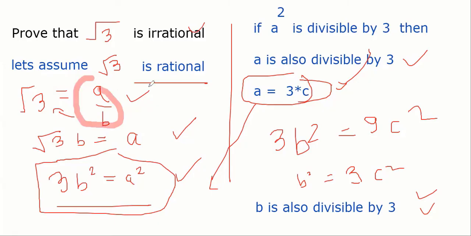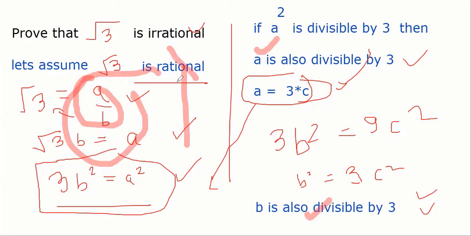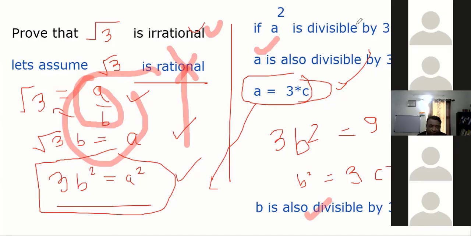But हम लोगों ने प्रूव करते करते प्रूव क्या कर दिया यहाँ पे? We proved that a is divisible by 3, b is also divisible by 3. अगर a भी divisible by 3 और b भी divisible by 3 तो कॉमन फैक्टर कौन हो गया? 3 हो गया, राइट? अगर 3 कॉमन फैक्टर है, then how can a and b be co-primes? They cannot be co-primes, right? मतलब कि हमारा assumption wrong है. हमारा assumption wrong है, rational है, मतलब कि irrational है. That is the proof. You go to your NCERT book, it's very clearly mentioned, but this is how it works.